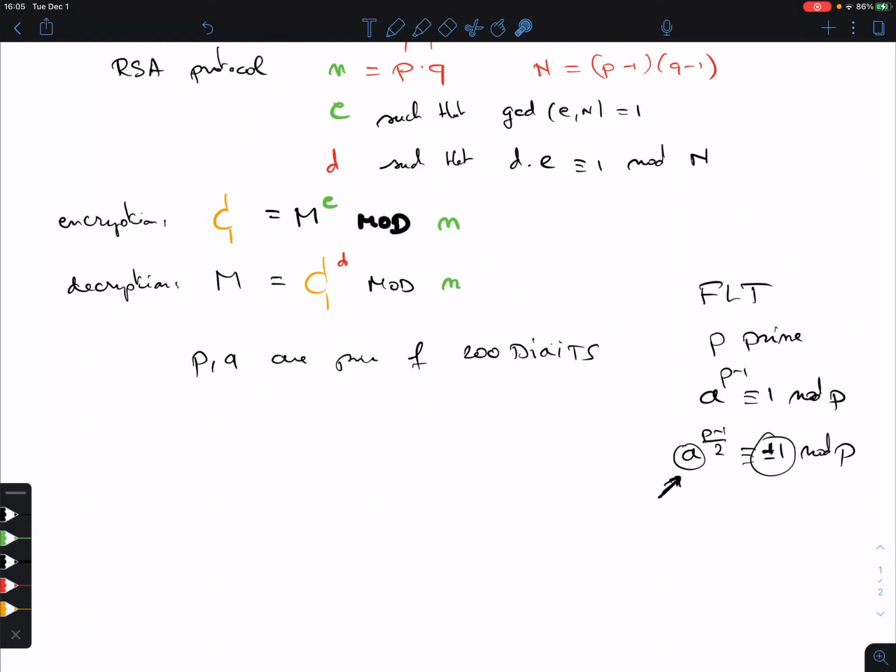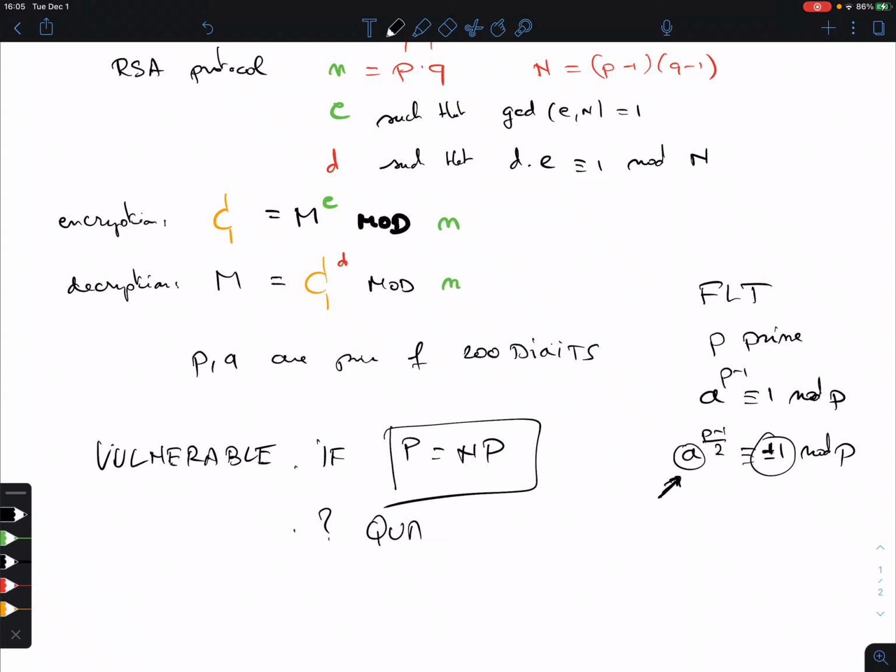So if P equals NP, this is vulnerable, or even weak, too weak, it is broken, if P is NP. And the worst thing is that the person that solves P versus NP most likely will find an algorithm to also do the factoring in polynomial time and therefore will crack the system. So we don't know that P is not NP, right? But it might be. Another problem is it's vulnerable also, we don't know yet, by something that is called quantum